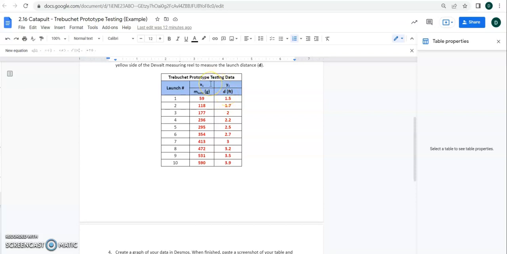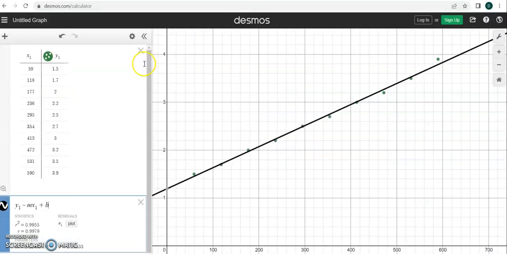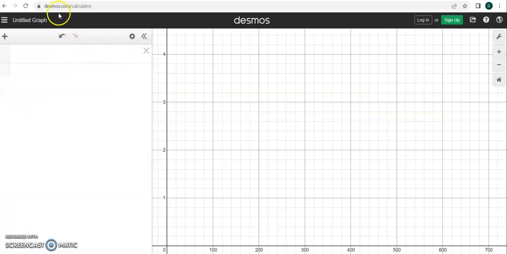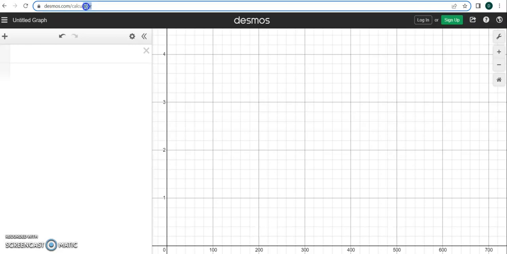So if you haven't done this already, you need to go back. Notice I've labeled mass of bolts with X1 and distance with Y1. This will match up perfectly with Desmos. So I'm going to delete my data. When you go to desmos.com,